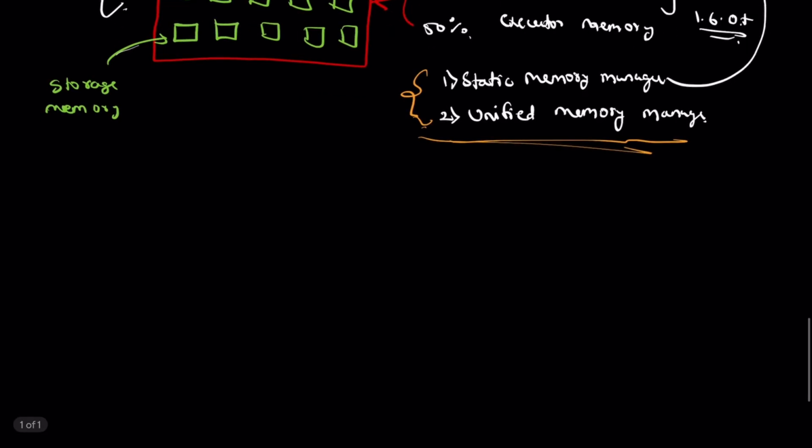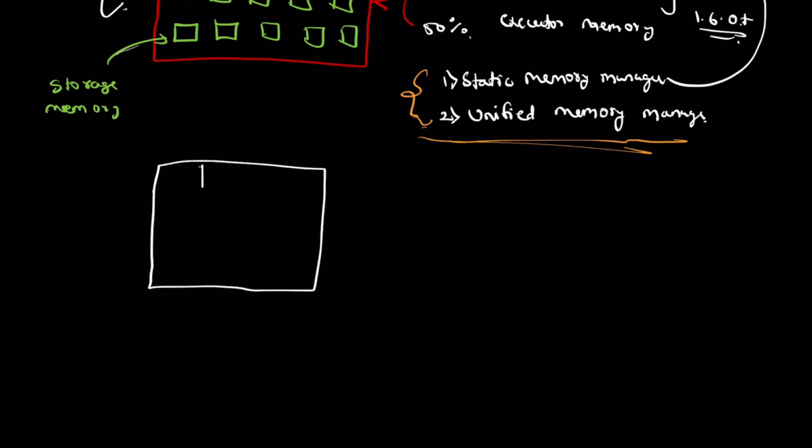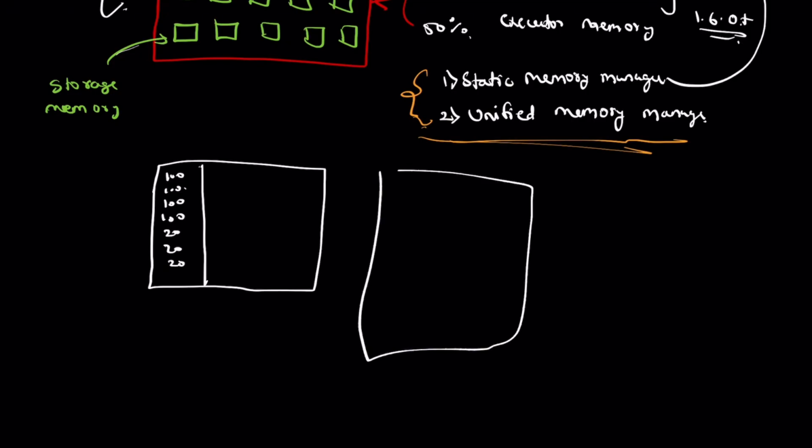Let's say we are joining 2 data frames, and the 2 data frames are too big, that we have multiple values, 100, 100, 100, 100, 20, 20, 20, 100, 100, 100, 20, 20. So when we do join, what happens is we need to bring